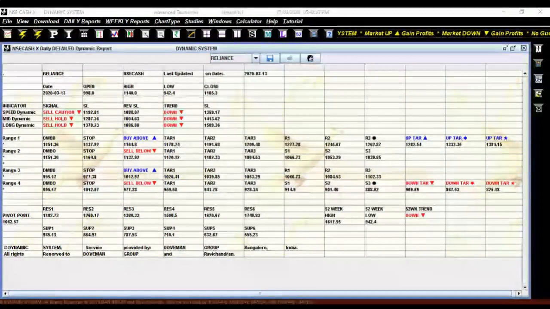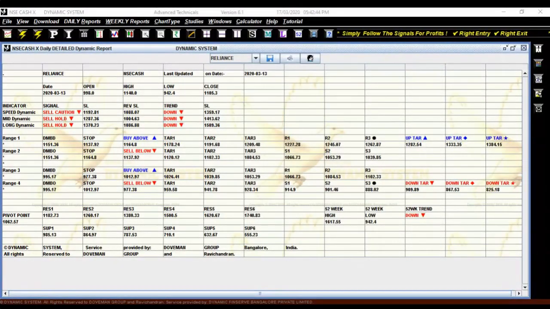So this is the report that we get. This report, we call it the detailed dynamic report. There are so many numbers. Don't worry, you're not going to make use of all these numbers. You're supposed to use only a couple of important numbers. And which are they? First thing here, it is written as